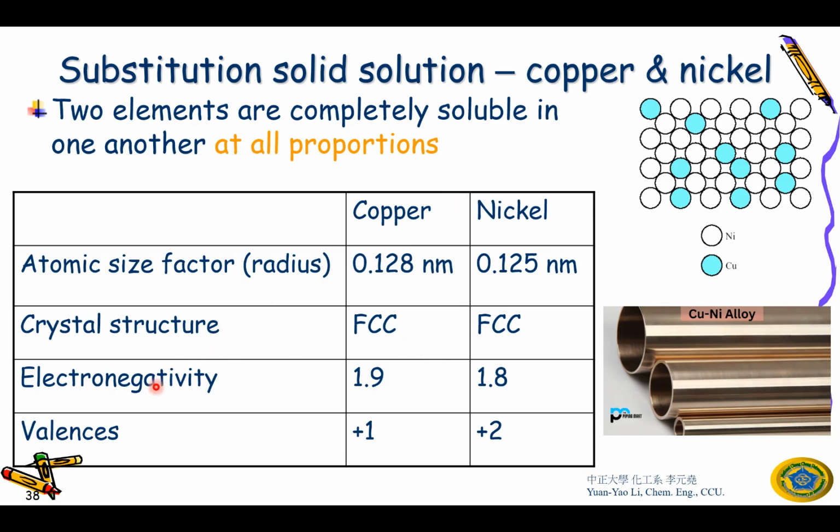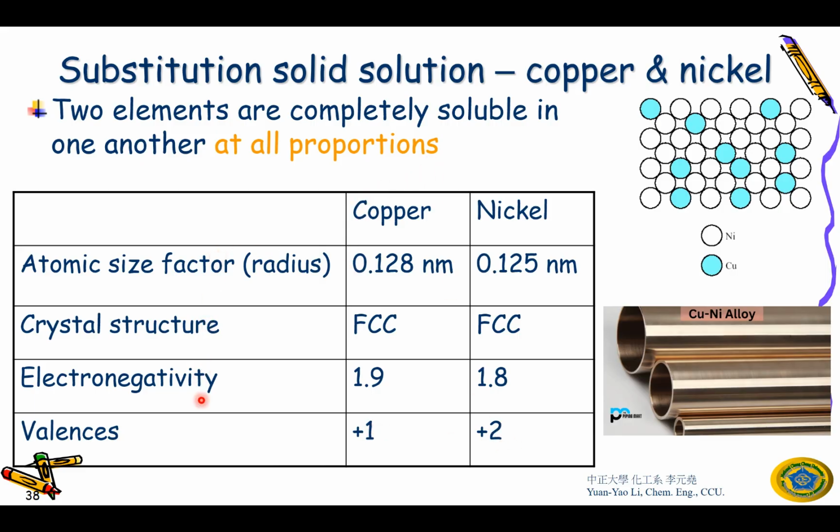Factor number 3 is electronegativity. Electronegativity for copper is 1.9. Electronegativity of nickel is 1.8. They are very, very close, which is good. It's not very different. And then the valences are plus 1 and plus 2. So as a result,